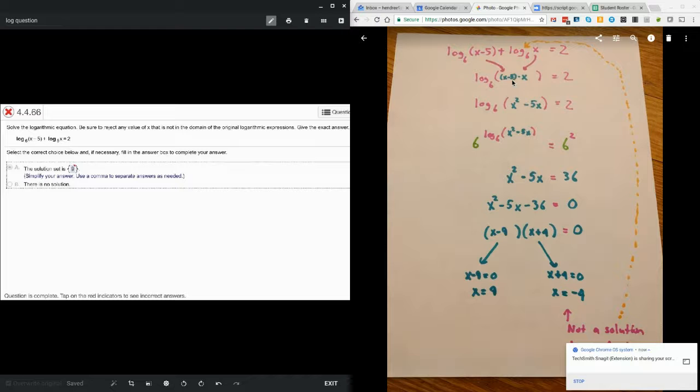Now what I did inside is I just multiplied x minus 5 times x. I got x squared minus 5x. And that just happened inside of the log. Okay. Now here's that, remember,